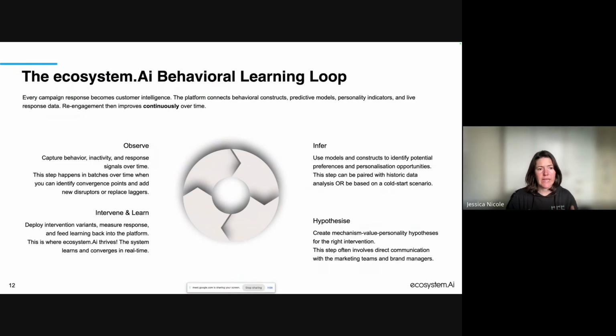Now, this does tend to take time, and you'll see this with the observation step over there. This will often happen in batch. So while the system pushes messages out, learns, and then updates in real time, your observations that you will ultimately go back and do will happen in a series of batches over time. This is also quite an exciting part of the process, the observation part. You can start to really see just how well your hypotheses were formed, just how well your pairings were put together, and you can start to tweak certain things.